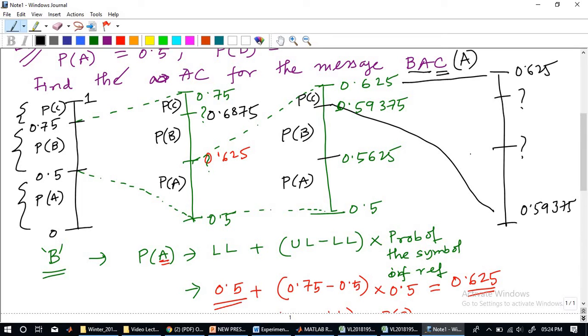This is your P of A, P of B, P of C. So this is after C has come. Now when A comes, you have to zoom in on this and this. But this value is not available, which is why I told you to calculate. Till A is not there, you don't need to divide. Suppose this is the message BSC. B is known, and A and C are taken care of here. C has a lower limit and an upper limit, so you can take an average and get the number.